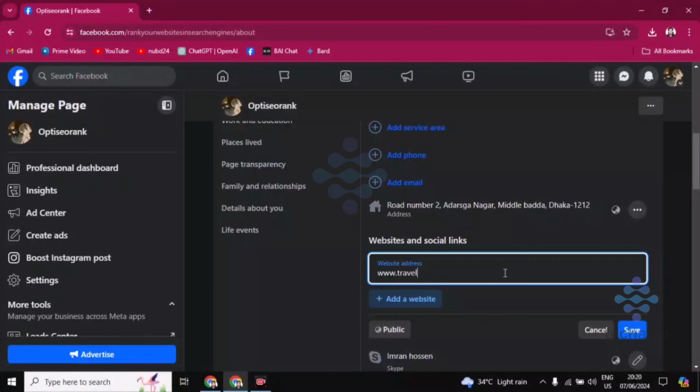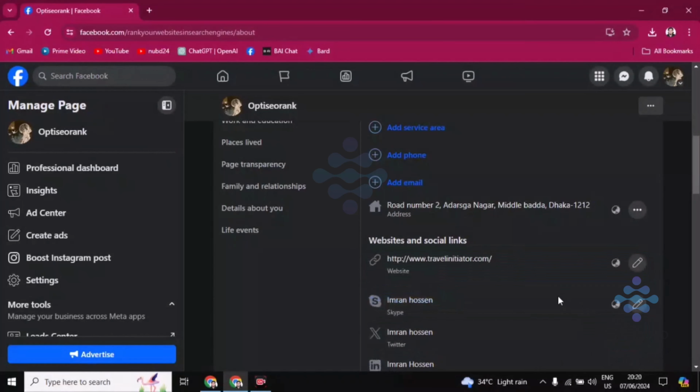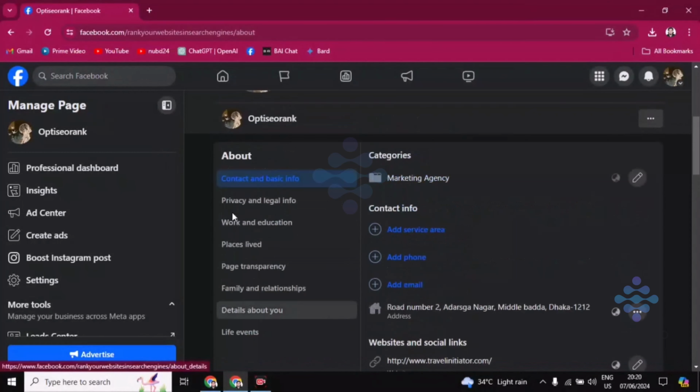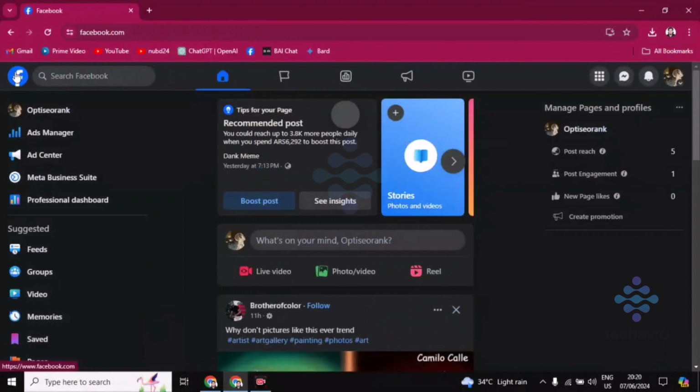Put here your full link, I mean not username, sorry. Now click on save. Now you can see that it is a clickable website link. Okay, now the second option is, if you want to use the clickable with a website link, you